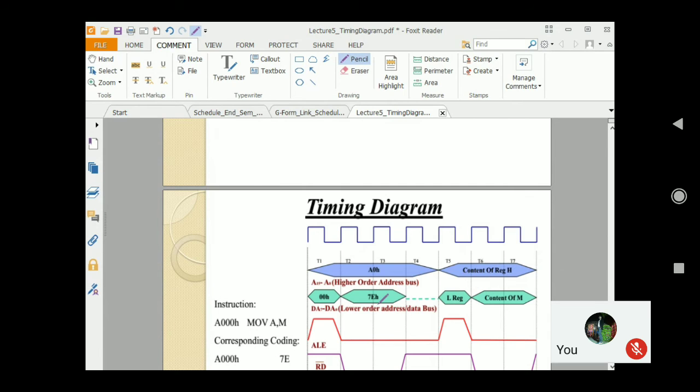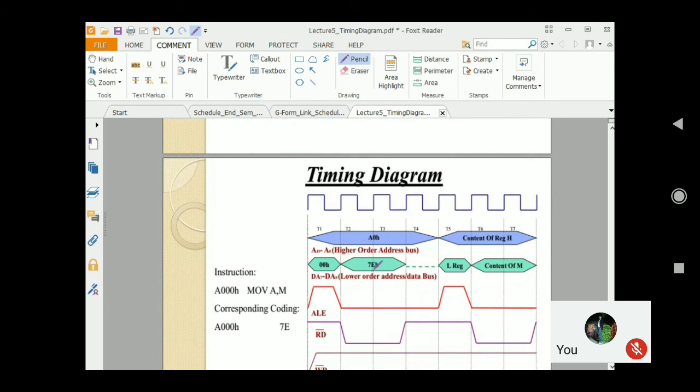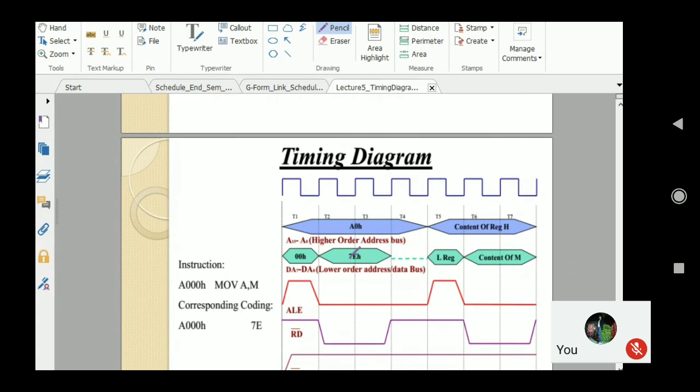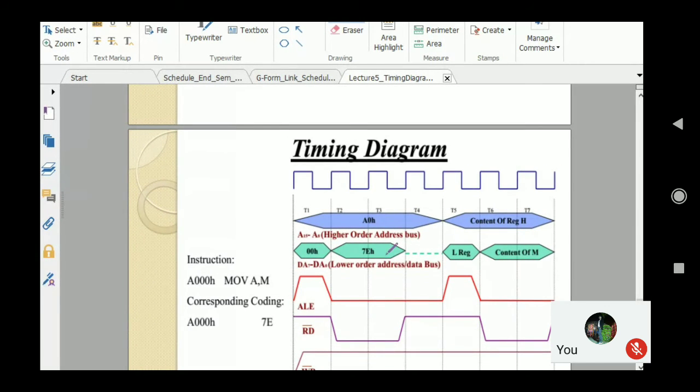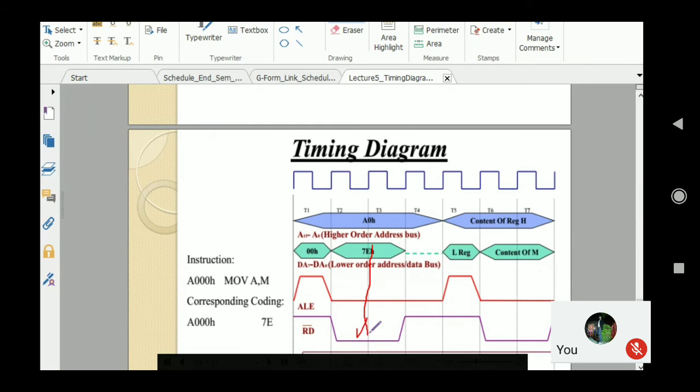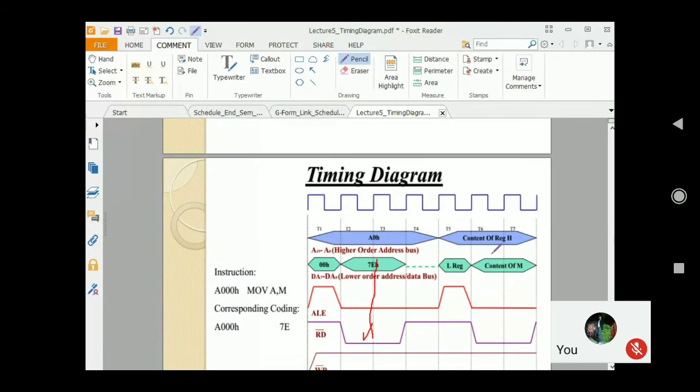So first instruction is my 3E जो है वो instruction इधर में डाल दिया. For opcode loading का ये इधर में डाला. उसके बाद ALE execute किया हमेशा same है. So for loading this opcode here, this is the read operation, and again for content of this one HL register